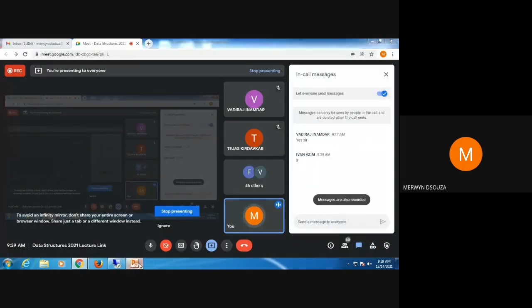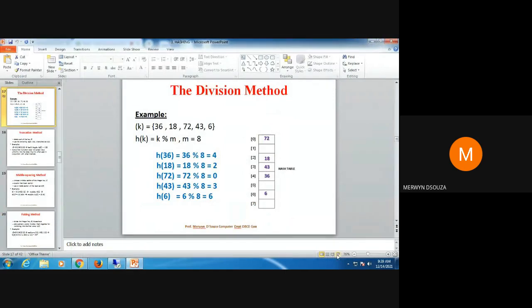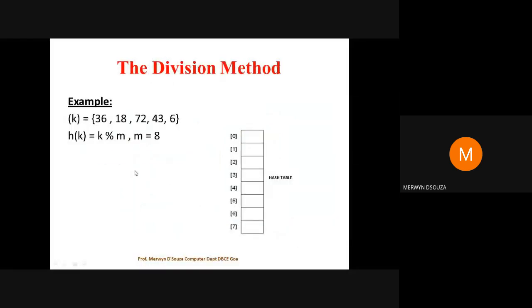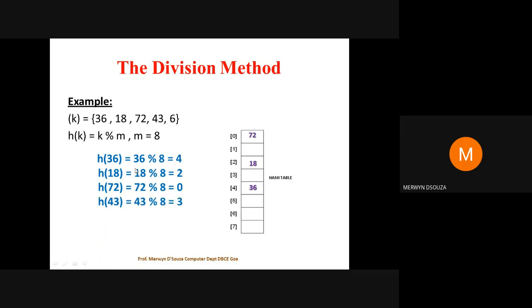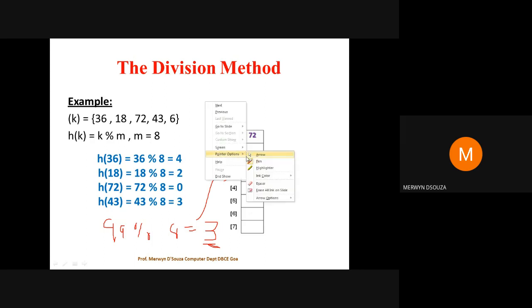Three. Yes, correct, Ivan. Okay, so you are going to try to insert this 99 there. So what will happen? Already something has been inserted at that position. So this insertion will result in something known as a collision. If you have taken 99 mod 8, the remainder would have been 3. So if you try to insert now at 3 here, it would have resulted in something known as hash collision, or simply you could have called it a collision. We'll look at it more in detail later.